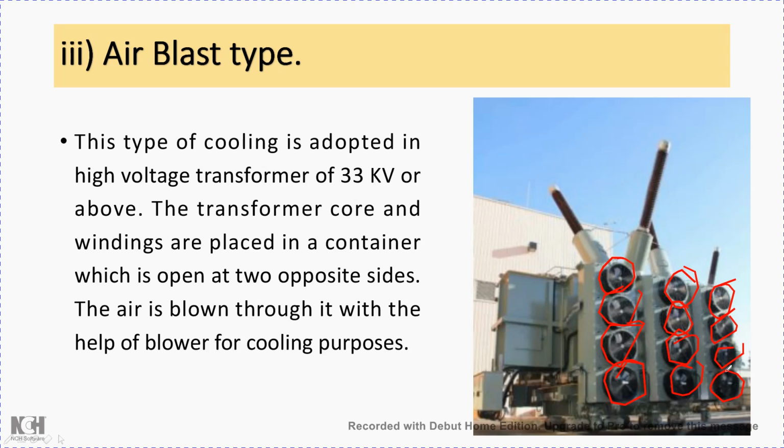From this side air is sucked and taken inside, and from that side it is sucked from inside and thrown outside. In that way, air will continuously flow from this side to that side through all the 3 windings. This is also used for very large size transformers. With the help of these insulators here, you can imagine the size of this transformer. These are very large capacity transformers, and they will always be more than 33 kilovolt.